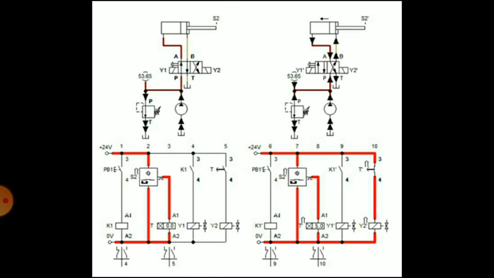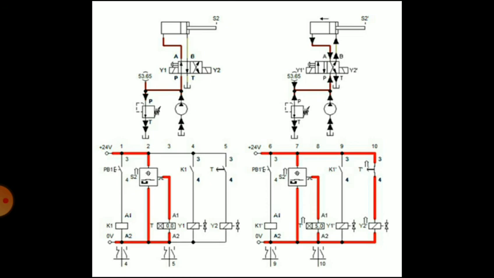Now when the piston reaches S2, some delay in the reverse stroke is required. Suppose a 10-second delay is required for the reverse stroke. At that time the delay is achieved by the timer circuit.